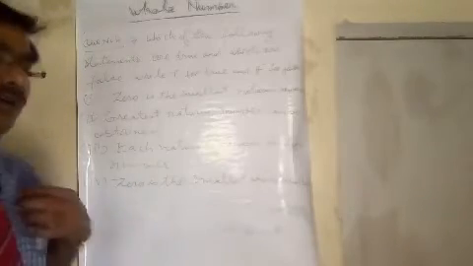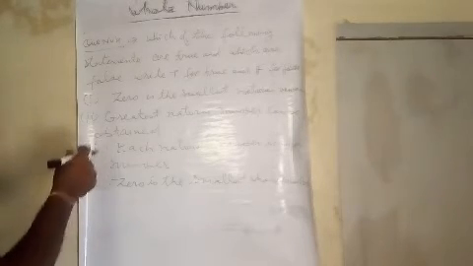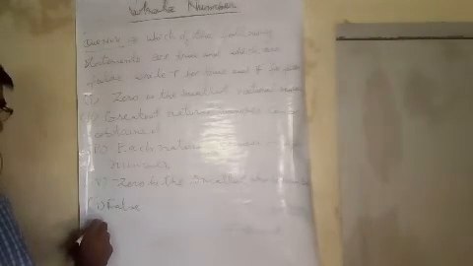Now we see that the first statement, 0 is the smallest natural number, is false because the smallest natural number is 1. Natural numbers start from 1, 2, 3, 4, 5 and so on. So first part is false. The second statement, the greatest natural number can be obtained: we know that the greatest natural number cannot be obtained. So the second statement is false.